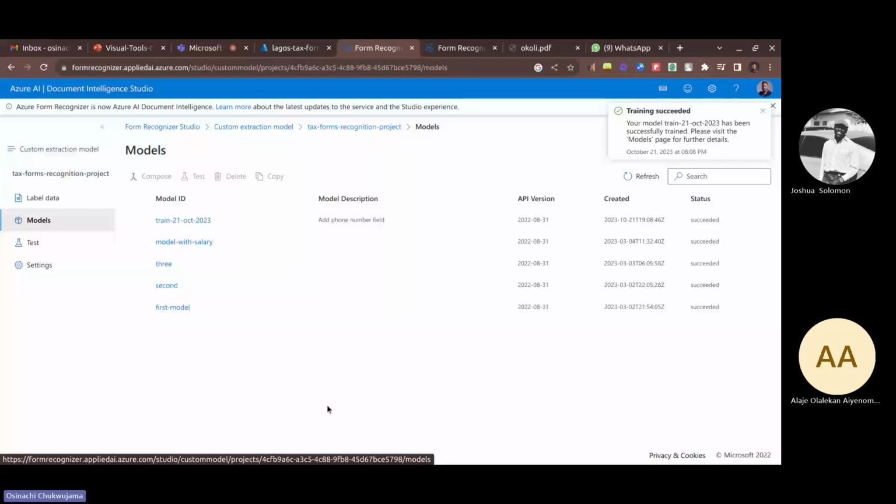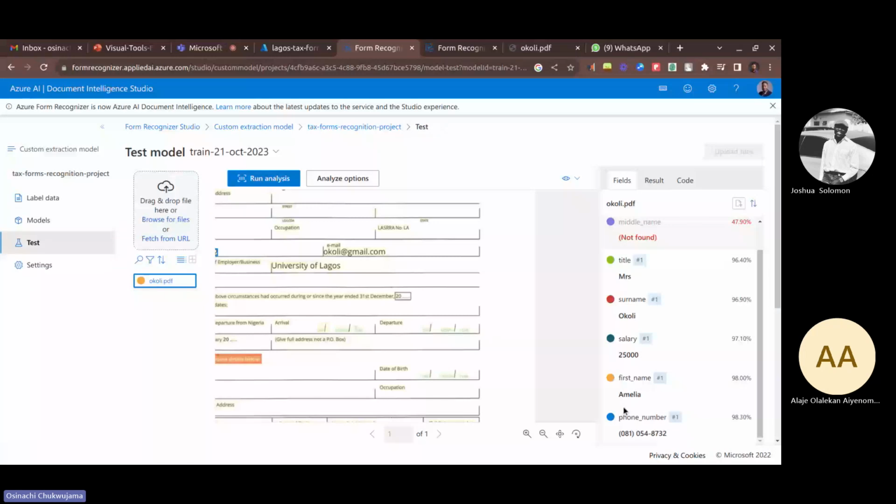So you see it only recognized the names, the title, the salary. Okay, it did recognize the phone number. Sorry, this is the one we just trained now. So it's able to recognize the phone number now, right? And even able to extract it as